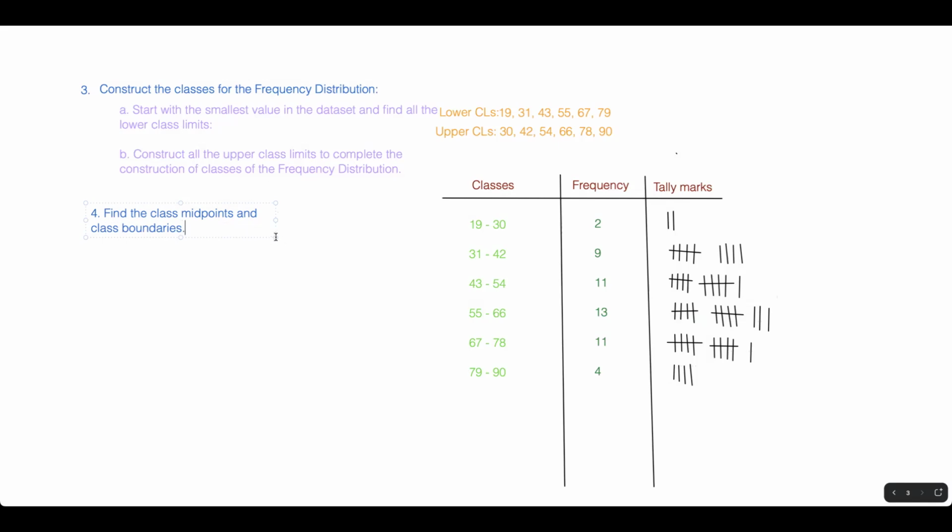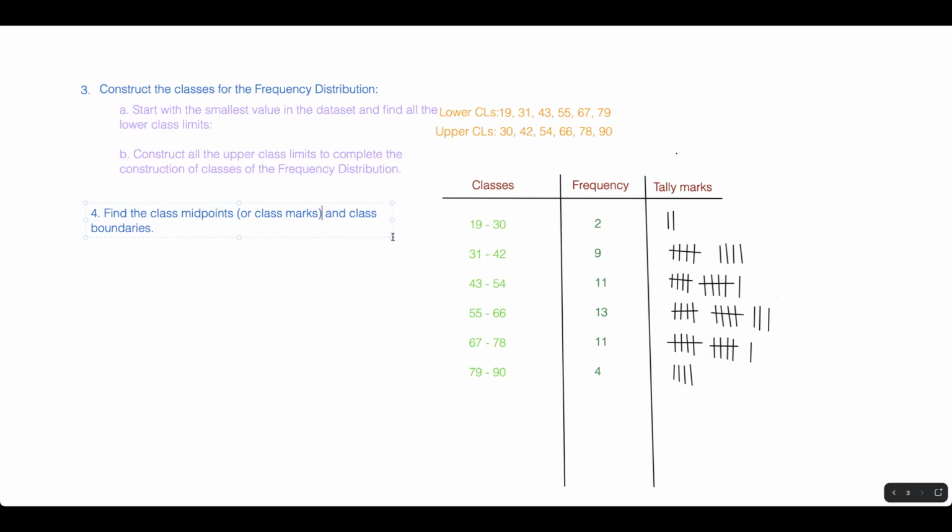So class midpoints are basically just the middle value of the class interval, right? So basically, you simply take the average of the upper and lower class limit of a class, and that's basically the class midpoint, or what we call the class marks. Okay, so find the class midpoints, or class marks,